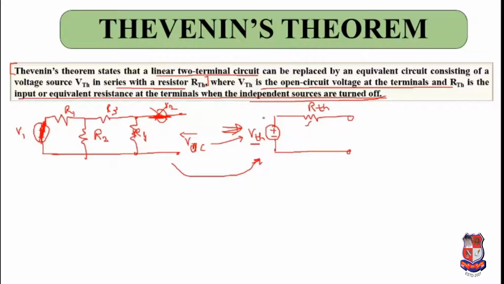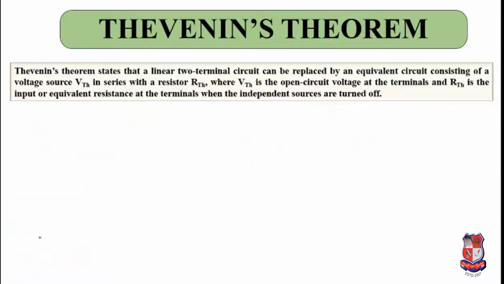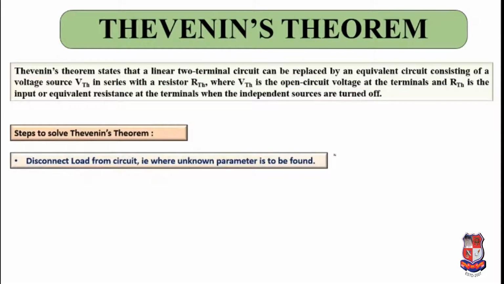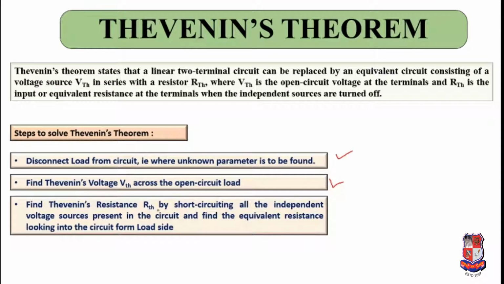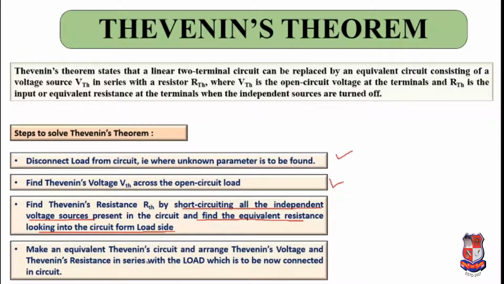So you get RTH, and then you need to replace this load resistance over here, and finally you can find the unknown current or voltage which you need to find through this resistance. So let us understand the steps. The steps are: disconnect the load from the circuit, then find the Thevenin voltage across the open circuit, then find RTH by short circuiting all the independent voltage sources and open circuiting all the independent current sources, and then find the equivalent resistance looking into the circuit from the load side, and then make an equivalent Thevenin circuit and arrange the Thevenin voltage and Thevenin resistance in series with the load,